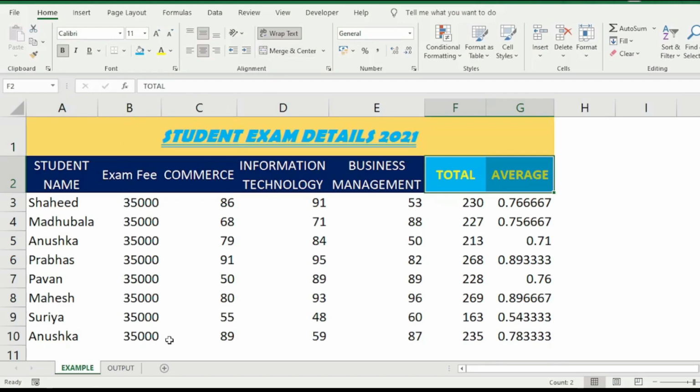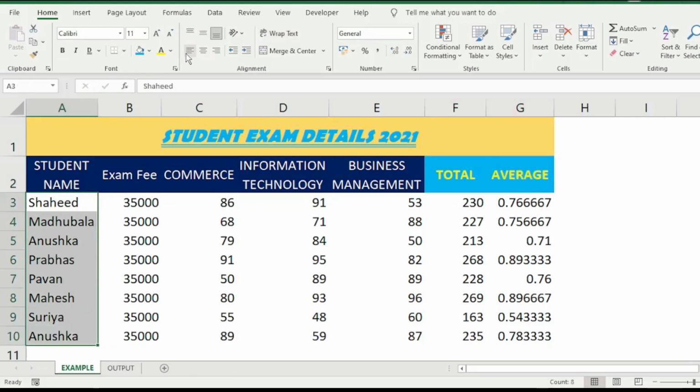Now we will discuss more about alignment. For example, if you see this data, which side is it sitting at? This data is sitting at left. If you want to make it center,